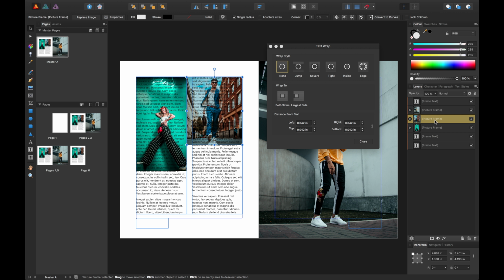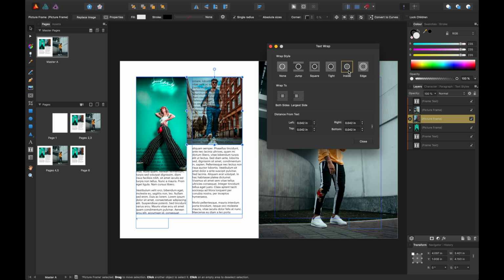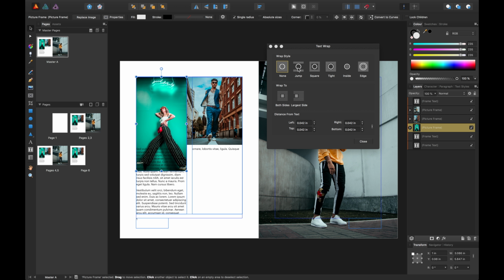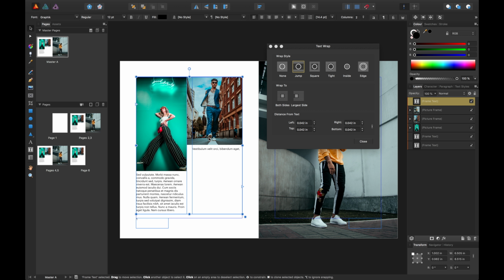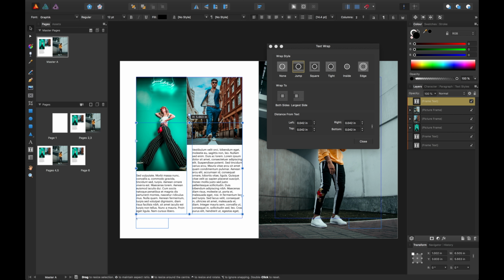You'll need to select the picture frame itself and then adjust the setting you prefer. In this case, it's kind of oblong, and we can adjust it to just jump around the content. And we'll do the same for the one over here. You'll notice the text frame jumps accordingly, so we can resize it to either fit or just kind of adapt